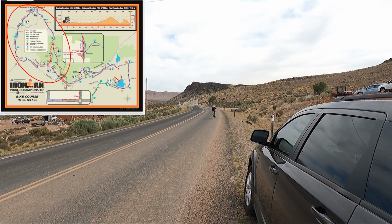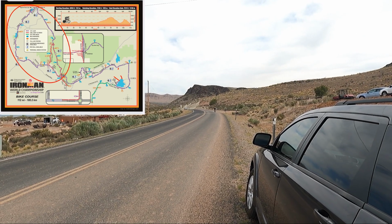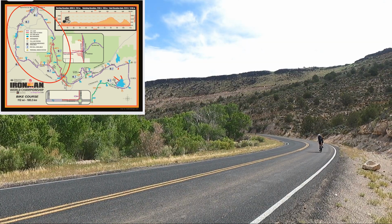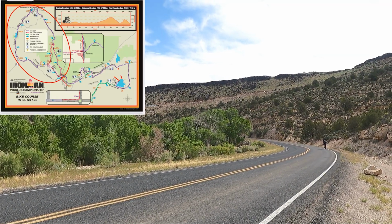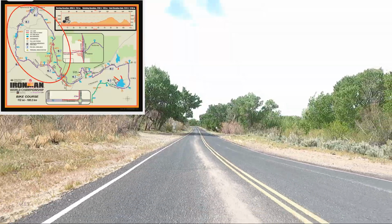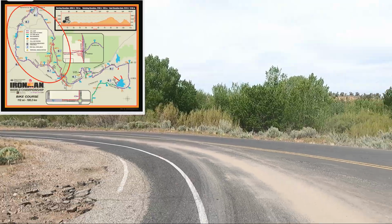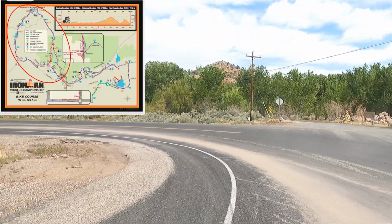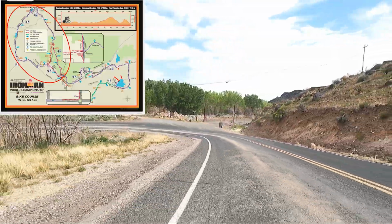So that section there is really up and down and not a great road surface and very exposed to the conditions of the day. Also yesterday when I rode out there, it was about 30 degrees Celsius and it was quite hot. So all the way along Gunlock Road, and then there's a sharp U-turn where you turn onto West Centre Street, and that's what I think they call the Wall,